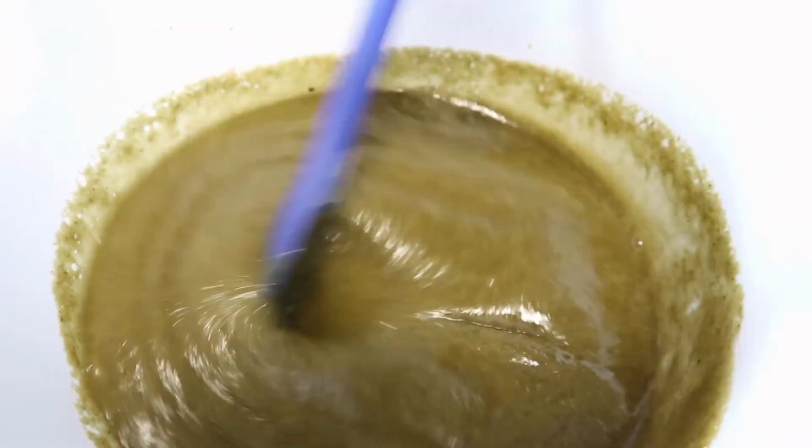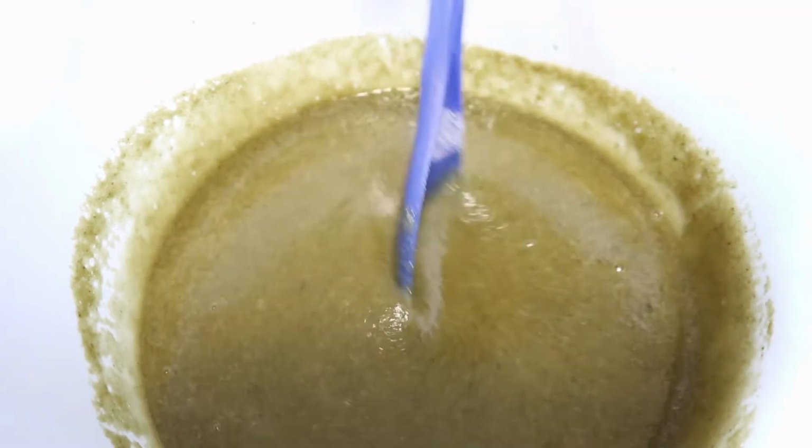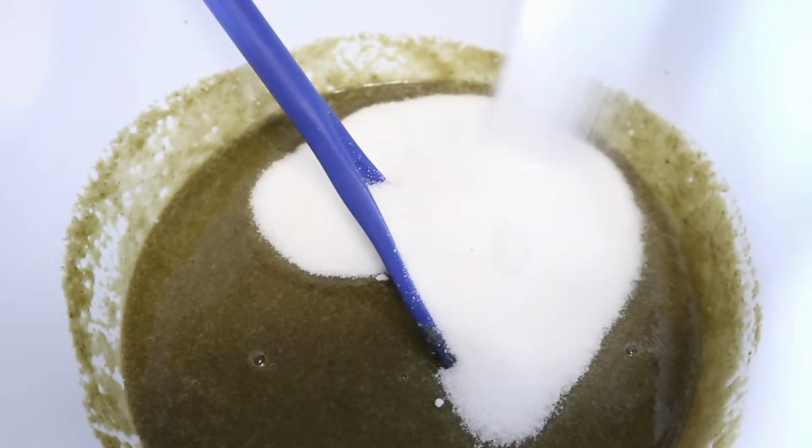But for you guys, if you are not going to be making a big batch, you can break it up into small jars and actually try this yourself, like add different types of oils that you